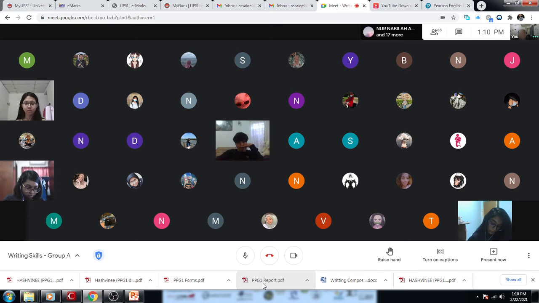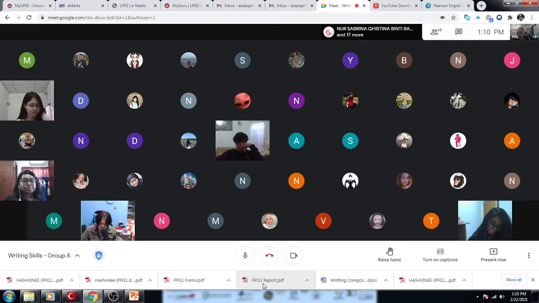Another way is to use a comma plus a coordinating conjunction to make it a compound sentence. Instead of having two simple sentences, use the right coordinating conjunction to make them a compound sentence. Depending on the meaning, you can use one of the 7 coordinating conjunctions in FANBOYS, a comma and then the conjunction. For example, the movie was boring. Look at the correct version: comma, but we watched it anyway.